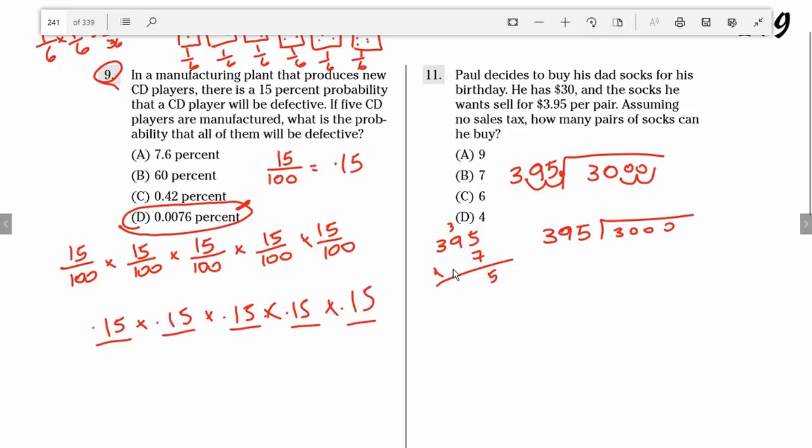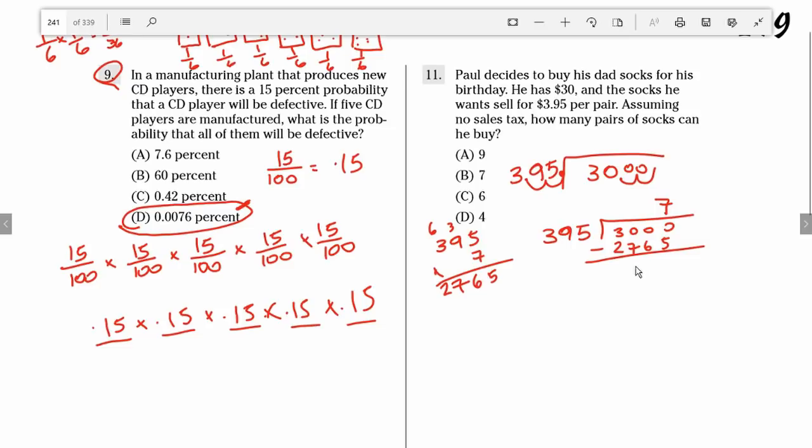Carry the 3. 9 times 7 is 63. Plus 3 is 66. Carry the 6. 7 times 3 is 21. Plus 6 is 27. Okay, as we can see, this gets us very close to 3,000 without going over. So we know this is going to be 7. 7 times 395 is